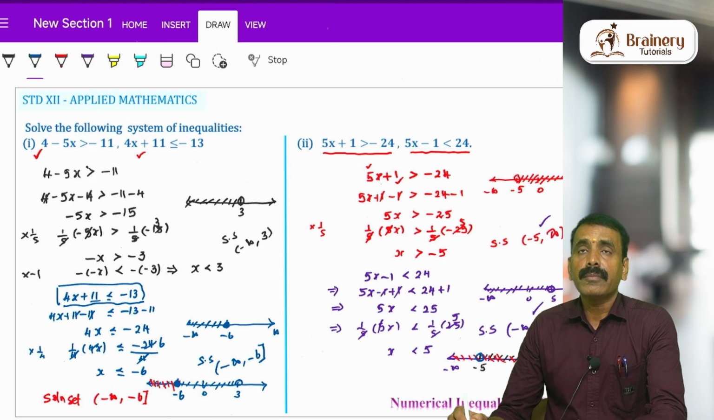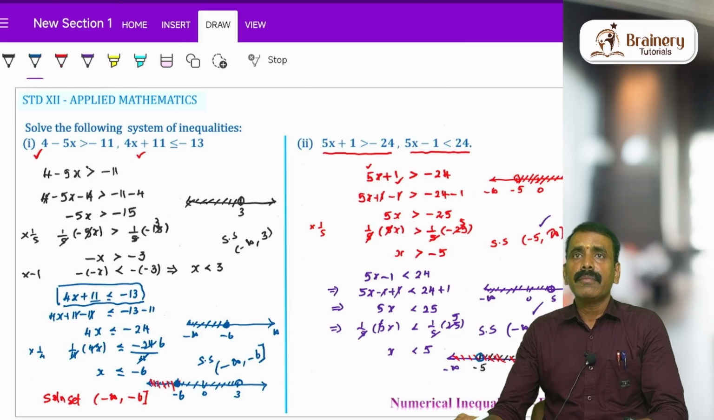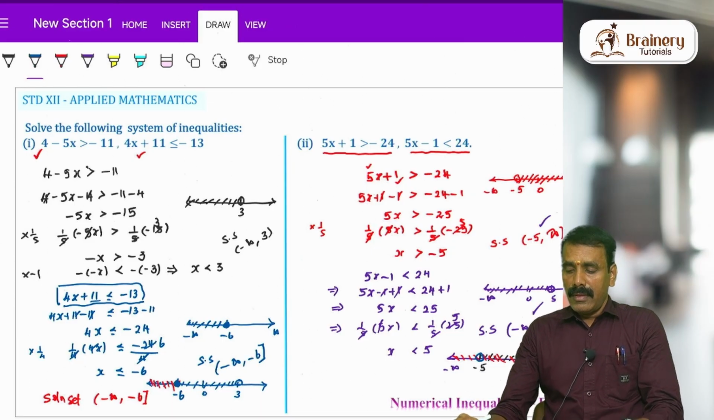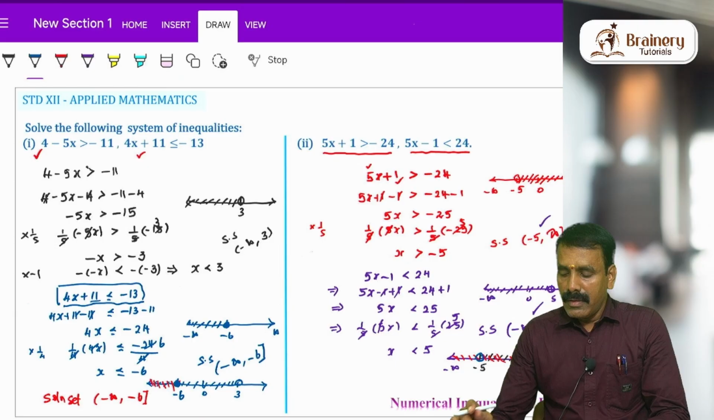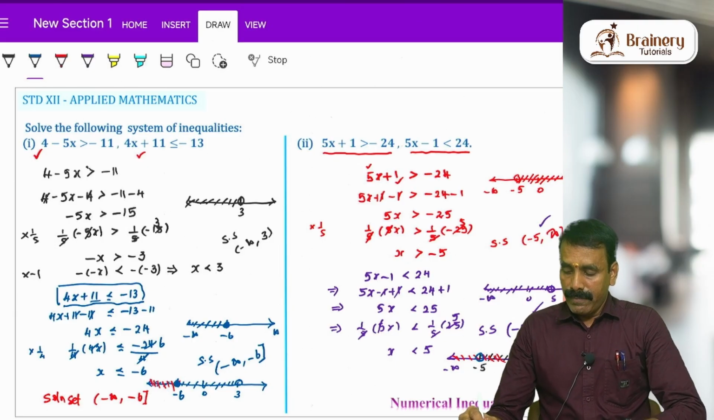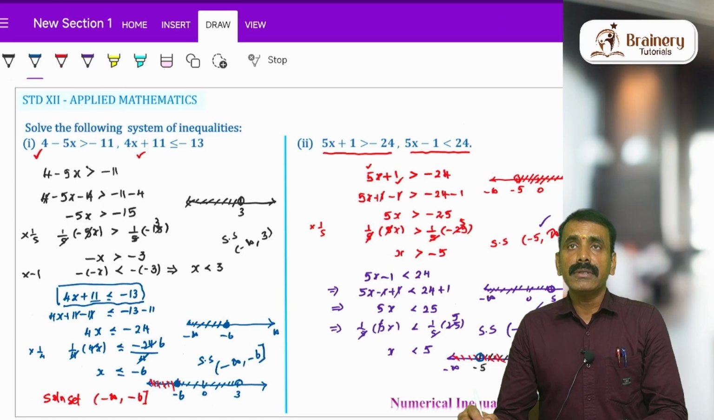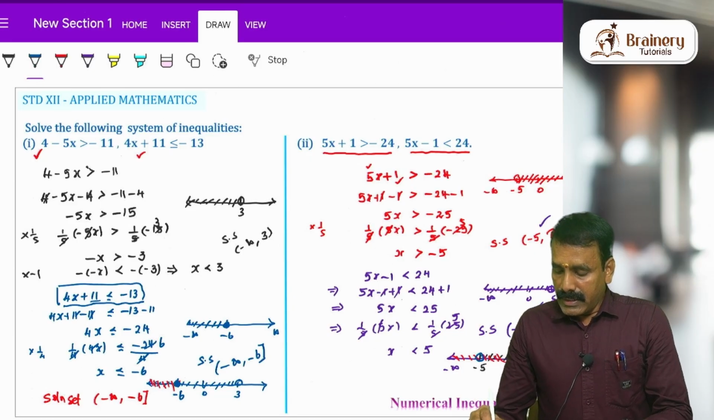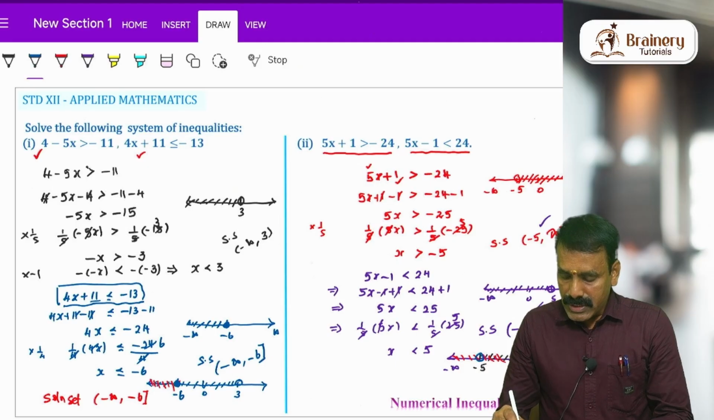We are not including them. Now tell me from the diagram, which is going to be your common solution set? We can very well see that the region between minus 5 and plus 5 is going to be the common region. So the solution set will be